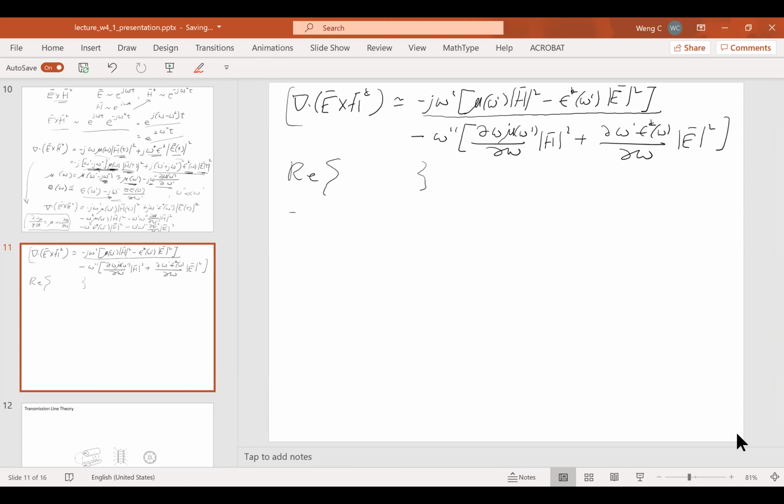So you will have divergence of the real part of the left-hand side. And we know what this is. This has the meaning of time average power flow in the limit when omega double prime goes to 0. And then if I were to take the real part of the right-hand side, I will pick up this term over here, minus omega double prime over 2. And let me put a half over here, because I know half the real part has the physical meaning of